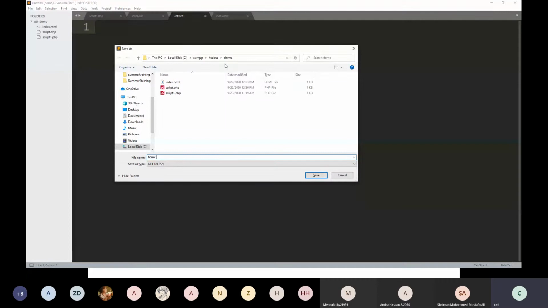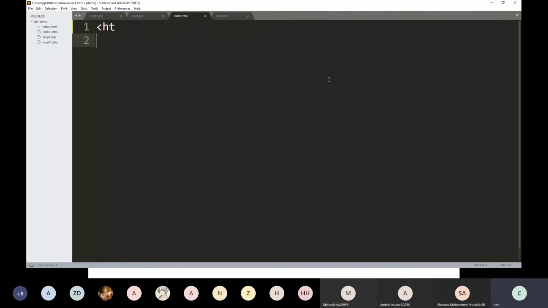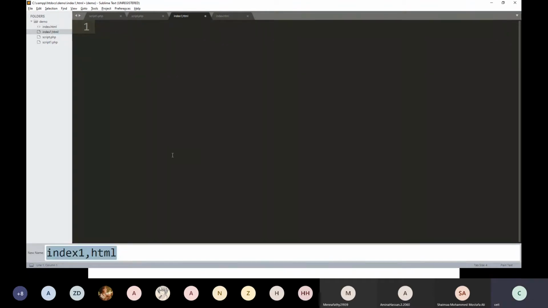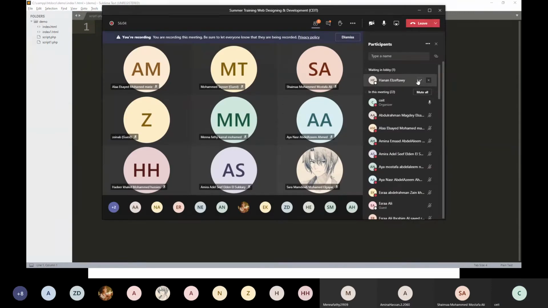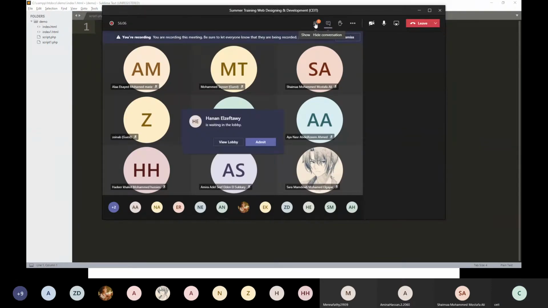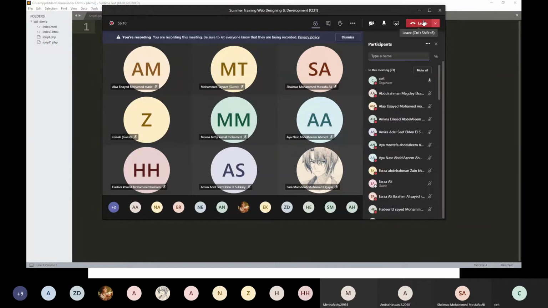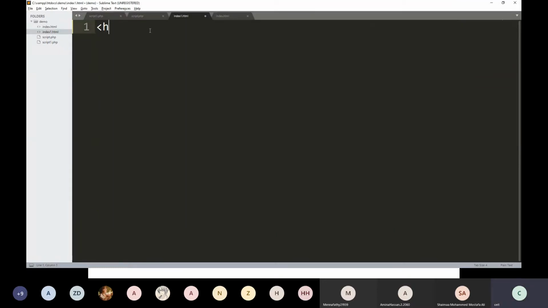Suppose I cut this, form 1, index1.html. I rename it index1.